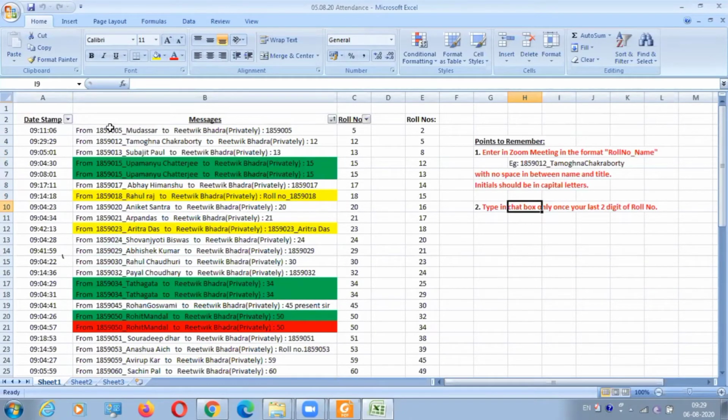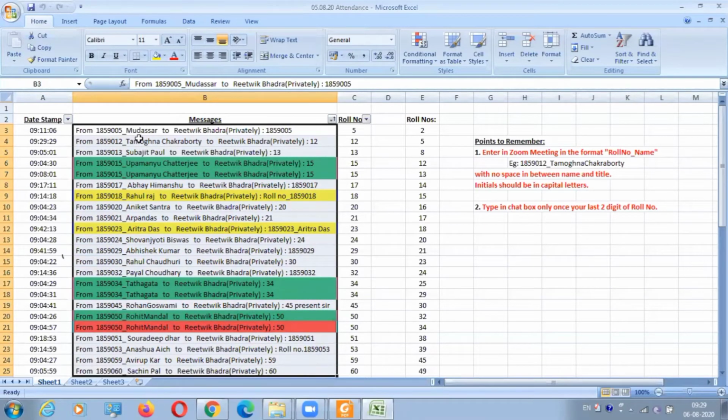Why I am saying, you see this chat, don't type twice. Do we need to enter the roll number in the chat box? Yes, you need to enter the roll number in the chat box. Otherwise, this message will not come, this Excel sheet will not come to me. I'm asking about after rejoining, after 40 minutes. Oh, after rejoining, no. In the next session, after 40 minutes, if you are rejoining, no need to enter your roll number again.